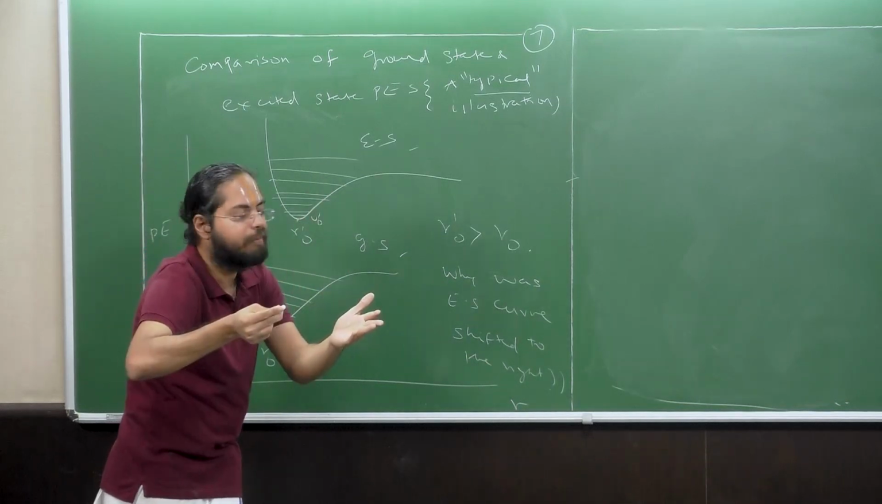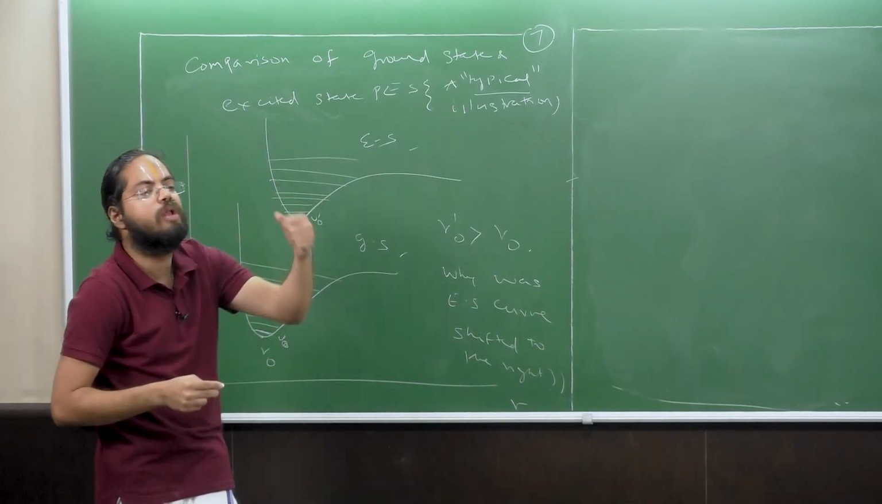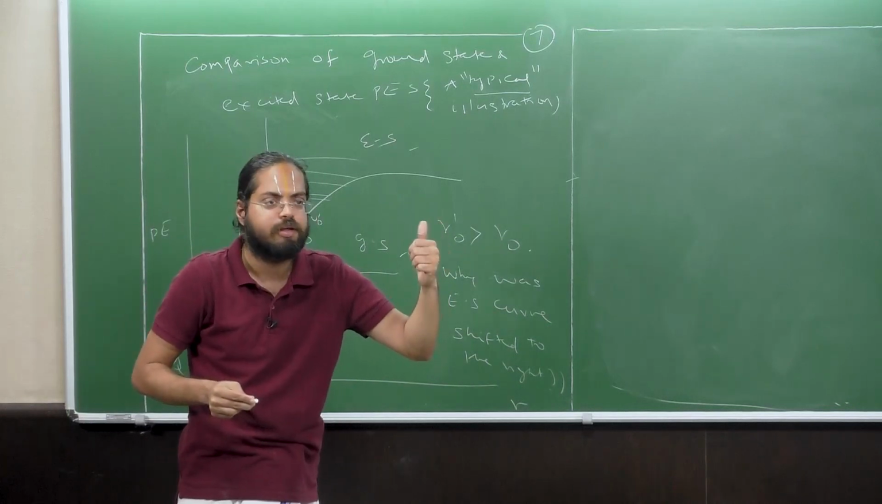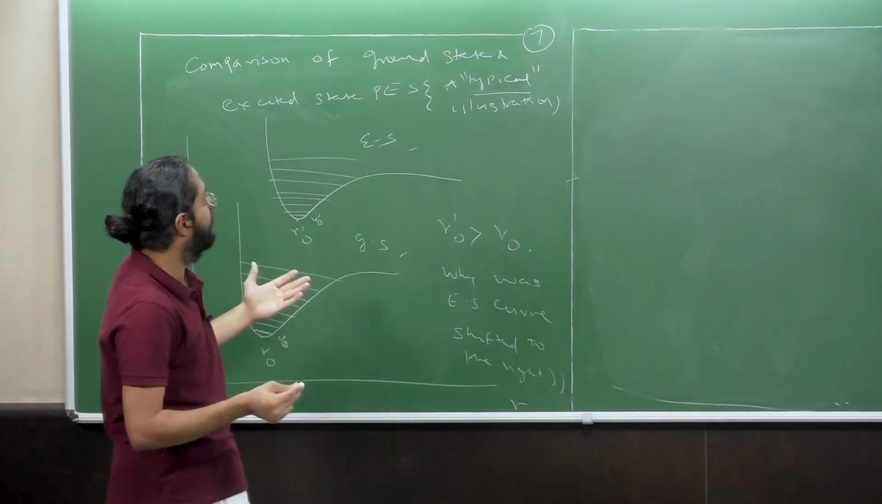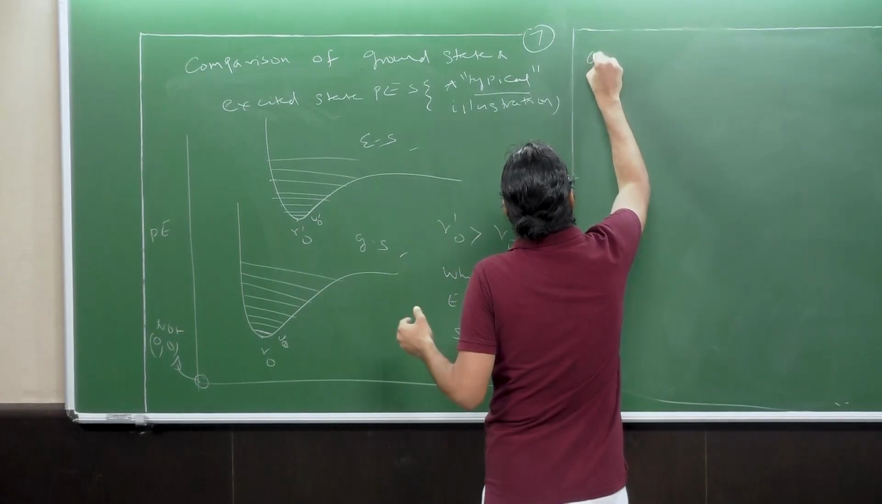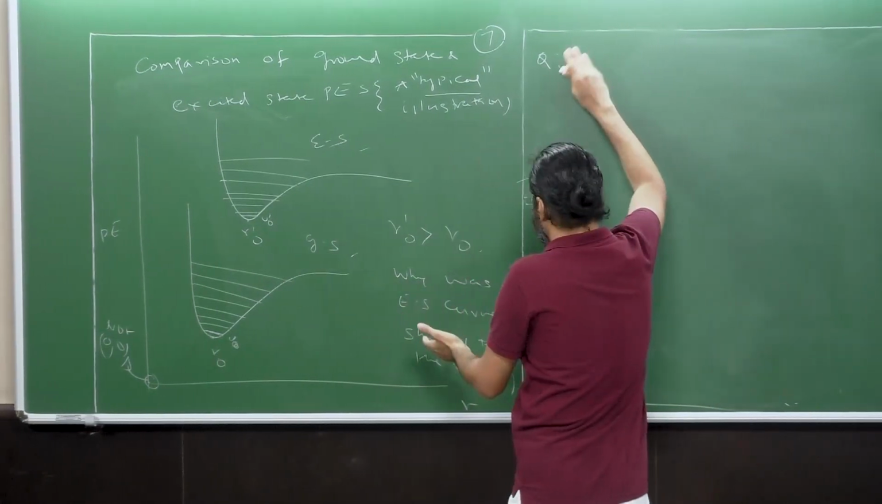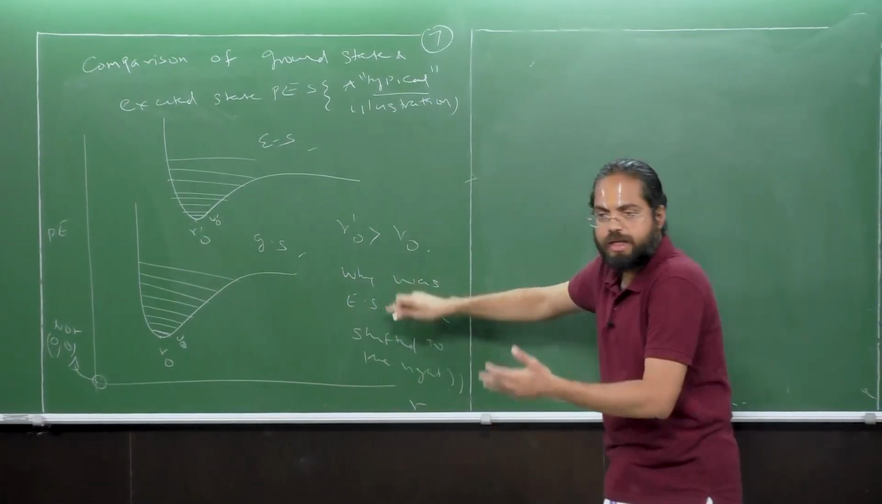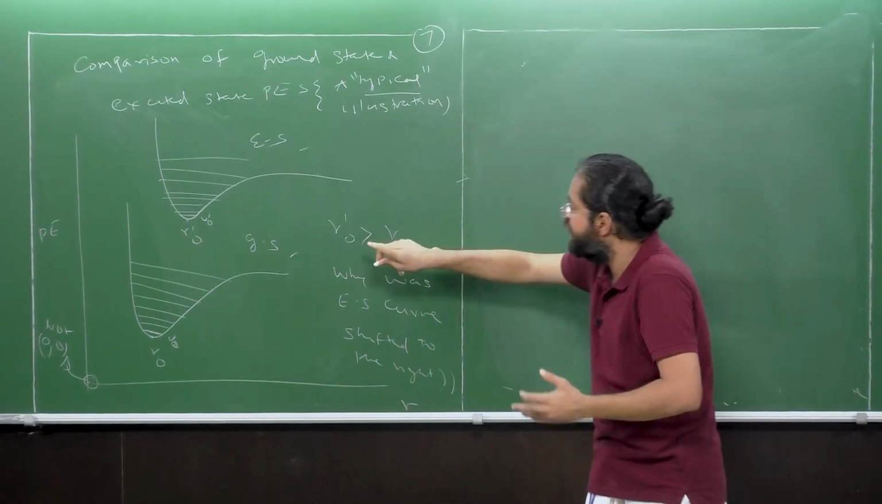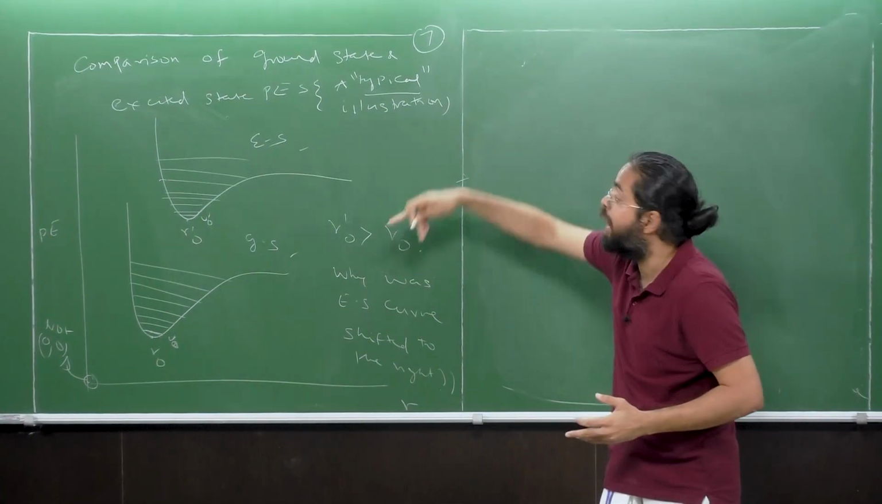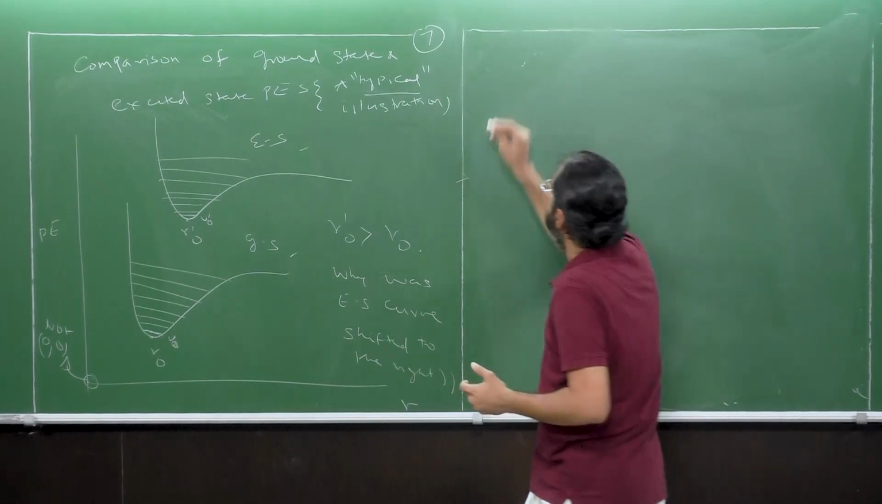Why should that be the case? Can you just give me a qualitative explanation based on intuition? So the question is, why is the excited electronic state curve shifted to the right, and why is R dash naught not greater than R naught by default? The answer is,